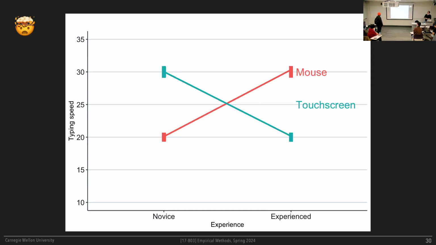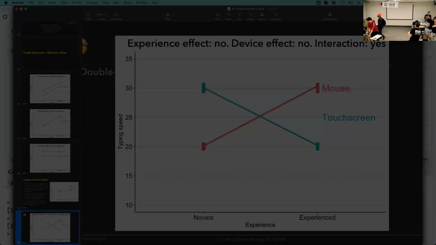So what do you do when this happens? How do you analyze it? Really hard. It will show up in your regression, and I will show you that next time. One of the things I don't like about this graph, I know it's just for